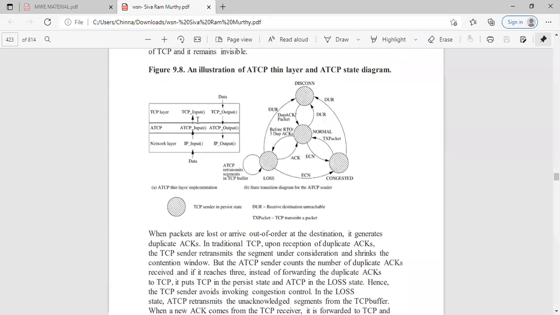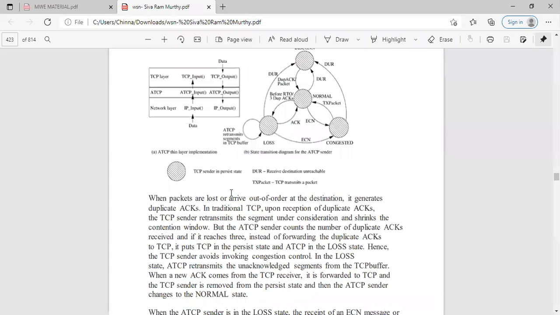Okay, and when the packet is lost, then arrival out of the order destination, it generates the duplicate acknowledgement in traditional TCP. Upon the reception of the duplicate acknowledgement, the TCP sender retransmits the segment under the consideration and shrinks the congestion window. ఎక్కడైతే ప్యాకెట్ అనేది లాస్ అయ్యామనుకోండి, డూప్లికేట్ అక్నాలజ్మెంట్ అనేది మనకి రిసీవ్ అవుతుంది. సో ఇది నార్మల్ కండిషన్ అనేది తీసుకుంటే డూప్లికేట్ అక్నాలజ్మెంట్ అనేది మనం సెండ్ చేస్తున్నాం. ఓకేనా, సో